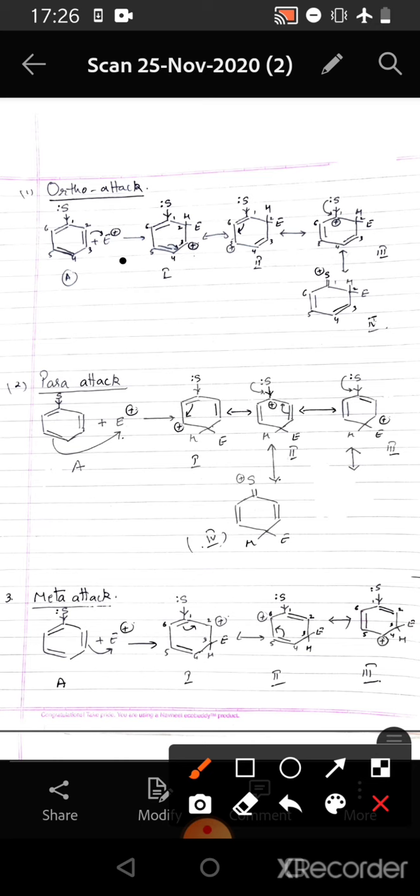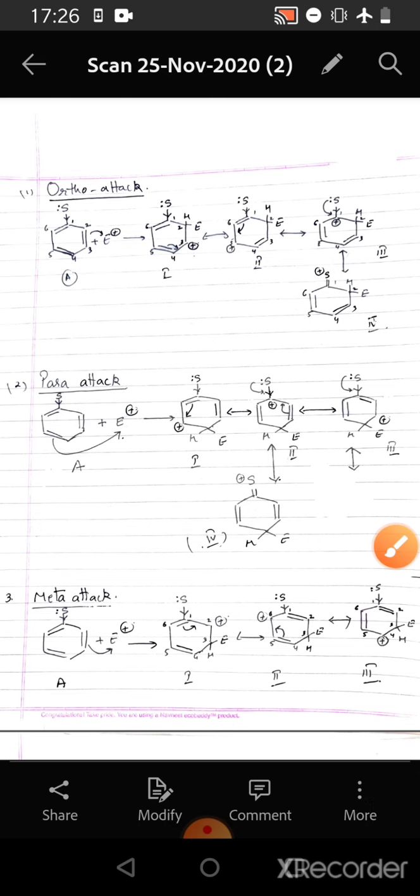the electrophile attaches itself to the position ortho to the substituent, and the third carbon attains a positive charge. Now by the shifting of the double bond within the ring, this positive charge shifts from the third position to the fifth position to the first position, and in the next stage those 3 isomers are formed, and in the fourth isomer the electron pair of the substituent forms a double bond with the C1 of the benzene, and thus we get 4 resonating structures.